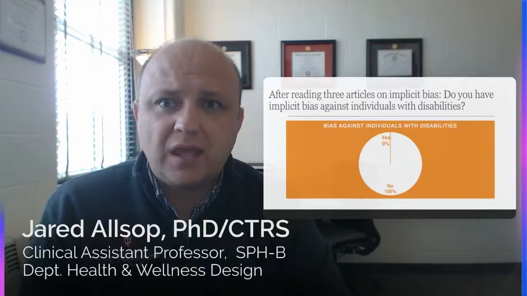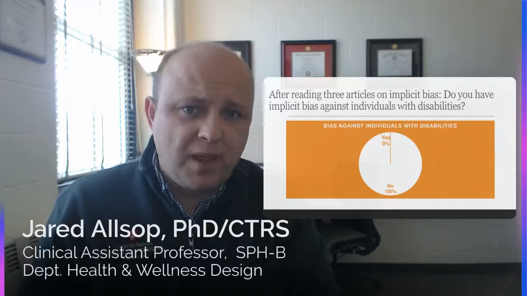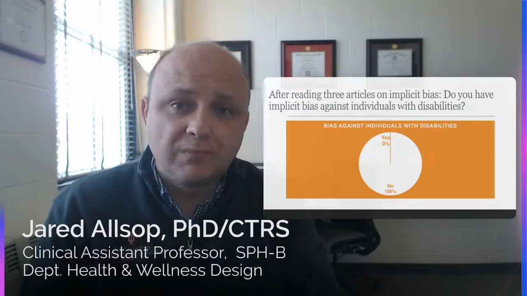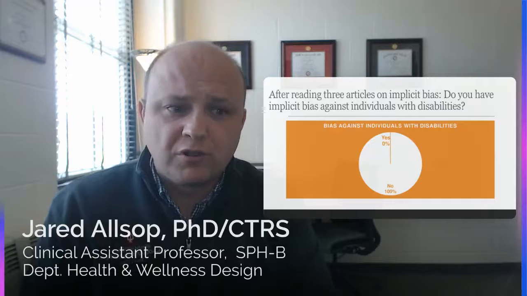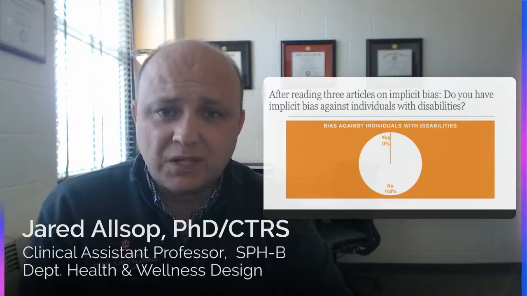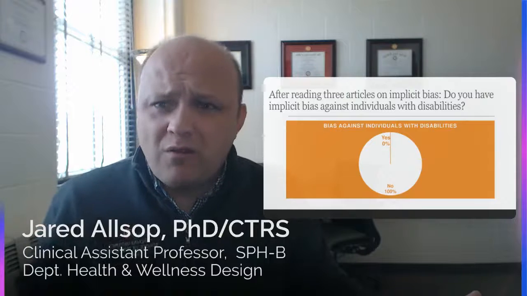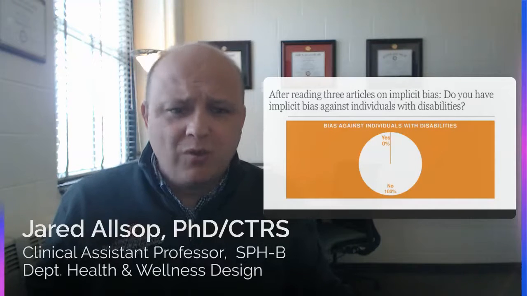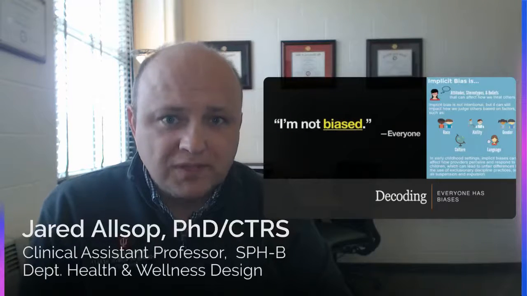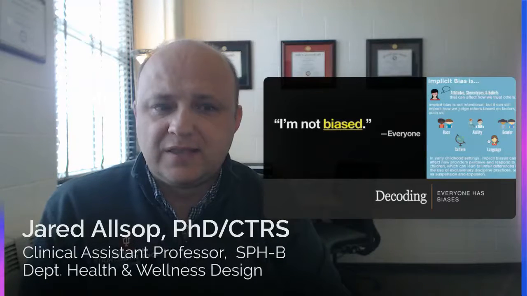I decided to take an assessment of my students. I had them read 3 different articles talking about implicit bias. They would talk about what is implicit bias, how do we overcome implicit bias, and how does implicit bias affect therapists in their work with their clients. I would then ask them the simple question, do you have implicit bias against individuals with disabilities? And 100% of the students in my course said, no, I want to work with people with disabilities. Of course I don't have bias against them. They could understand again what implicit bias was in others and academically, but they could not see it in themselves.